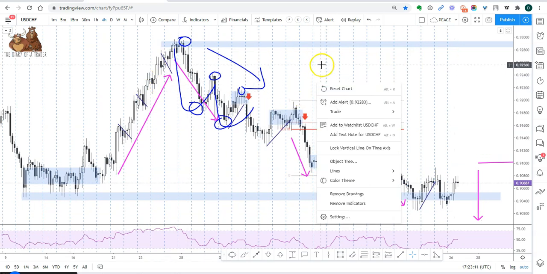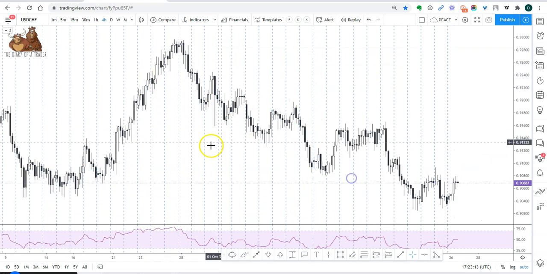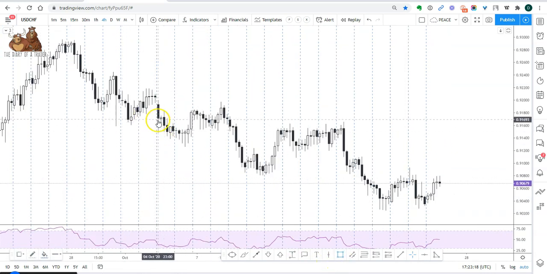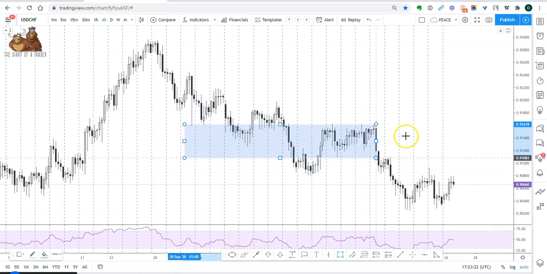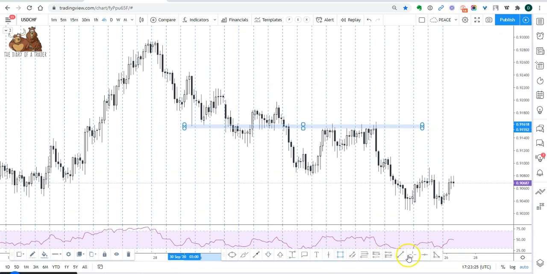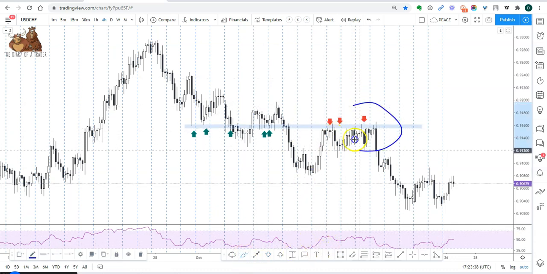So if we just clear up this chart for a moment, where we identify significant levels, price points in our analysis that have been respected before, we can see that going back in history, we've had a significant reaction to these levels on the chart, and therefore we can expect that there will be some kind of action happening in that area. However, we don't know when and we don't know how it's going to look, but we simply